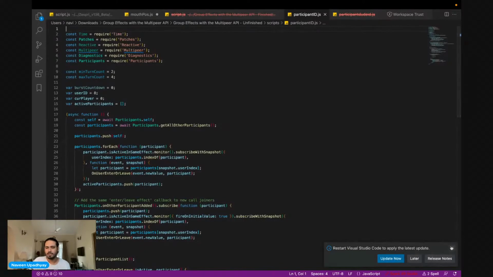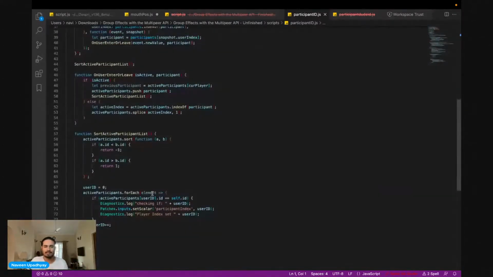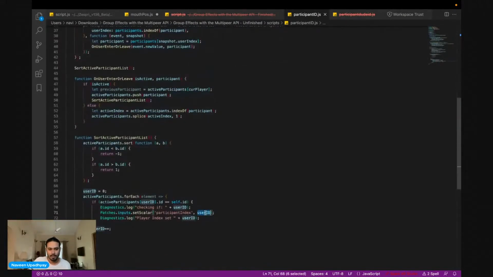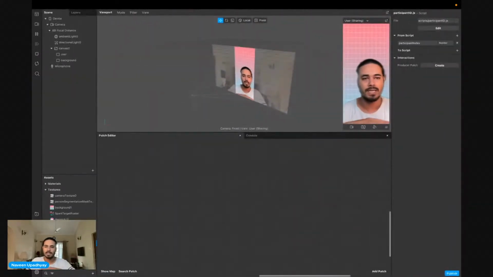So even if you don't know scripting, there's no need to worry. You don't have to go inside it and see what's happening, because what we wanted was the user ID, and we have the user ID, and that's all we need from this script. You just include it in your project and don't have to worry about what's written inside. Whatever we're going to do and whatever's written in the script, we can do in the patches as well. So we'll just try to do the same thing that's also happening there.